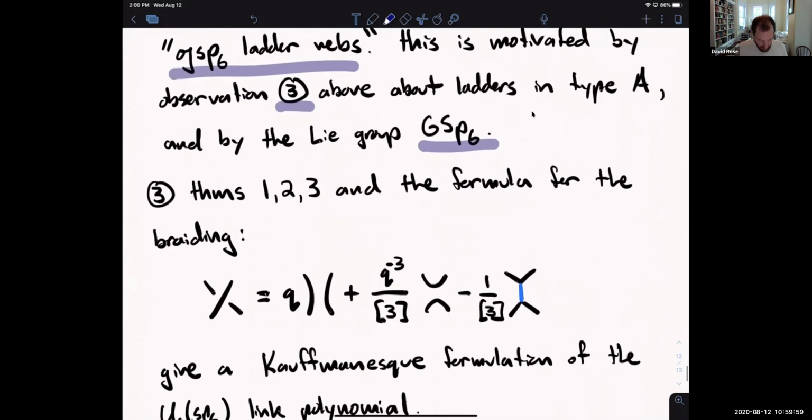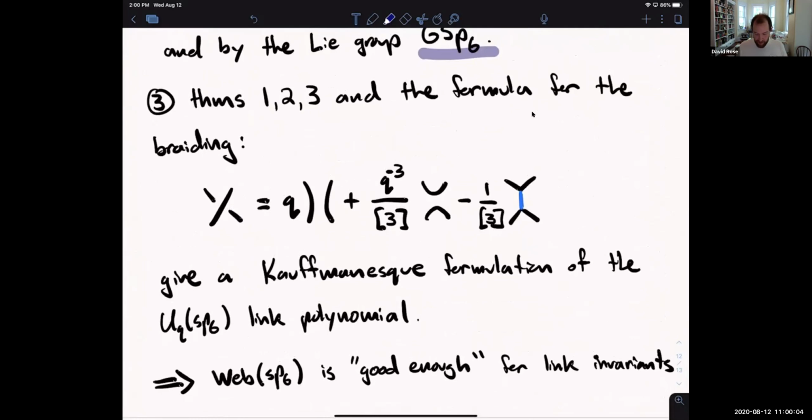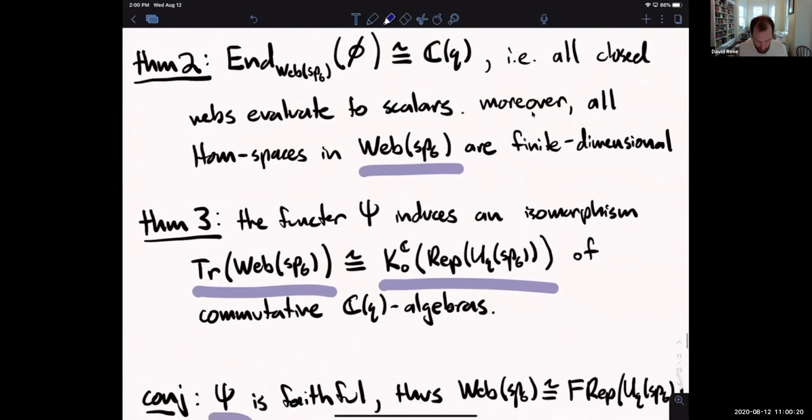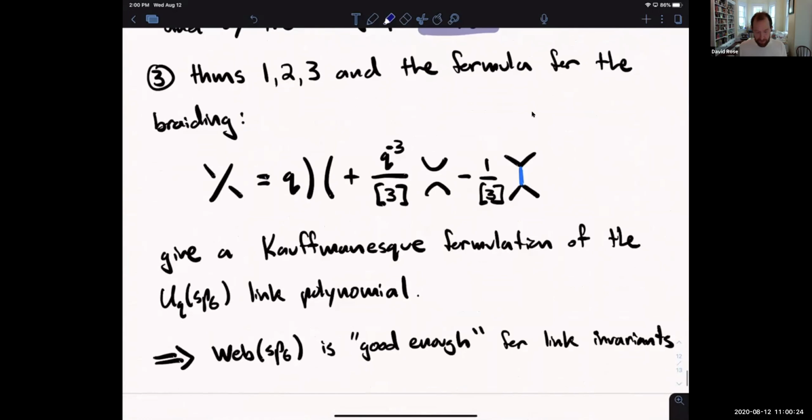And maybe another takeaway, and maybe this will be the last takeaway, is that what these theorems tell us is that, because I can evaluate any closed web to a scalar, right? That was the statement, first statement of theorem 2. And because we've shown that this category is ribbon, in particular that means we give a formula for the braiding,